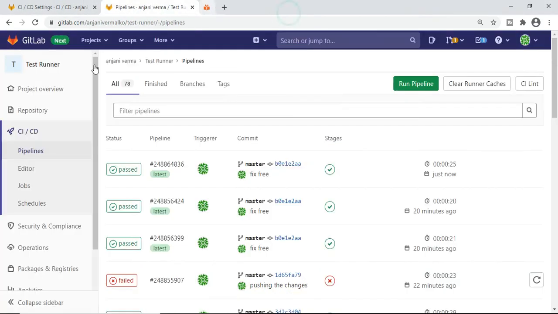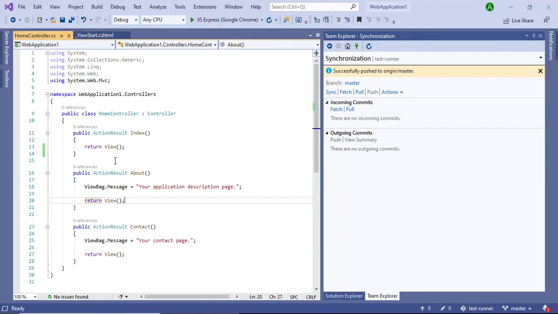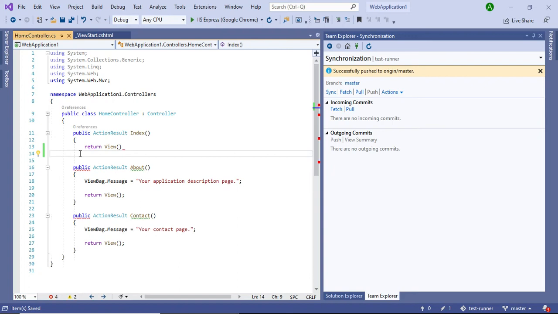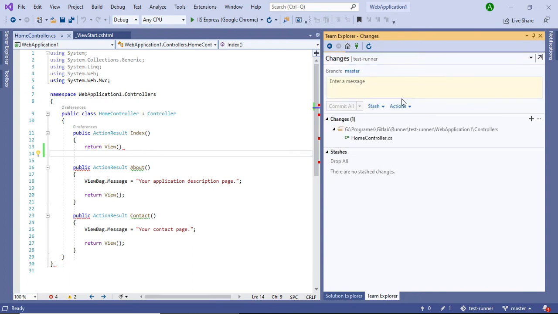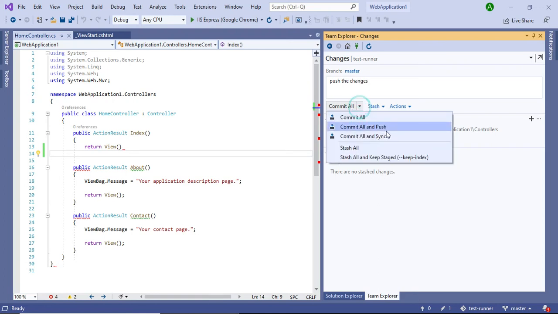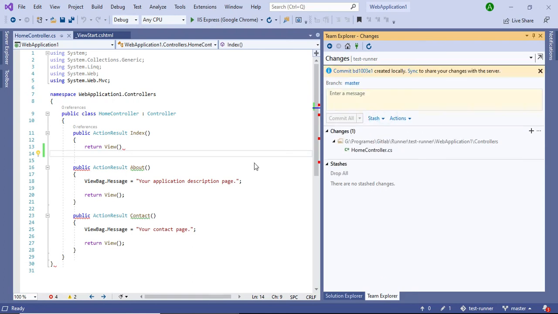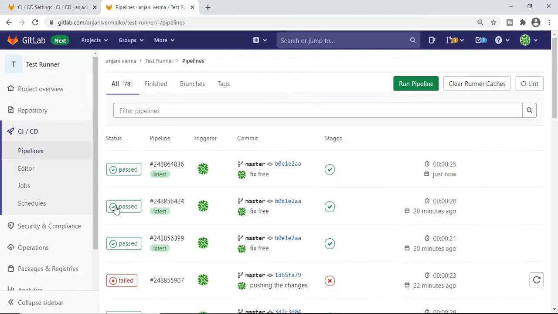Let me close this tab, and we'll inject some error into this branch to see whether my pipeline is configured correctly. I will go to the changes, commit and push the changes, so it is there. The pipeline will auto start.